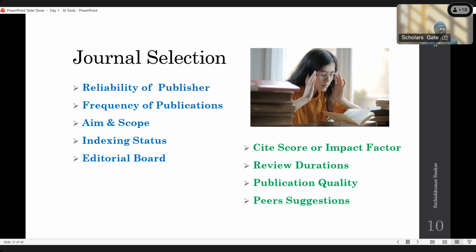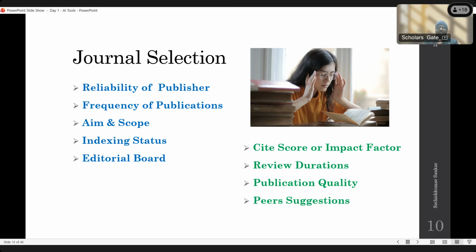The second thing I have put here is the frequency of publication. Some journals have 8 issues a year, and some have 24. With 24, they publish two issues every month, which means they need more articles. If we go for that type of journal, the article is easily accepted and published as soon as possible. If you go for a journal with 4 or 2 issues a year, you have to wait 4 months or 6 months.